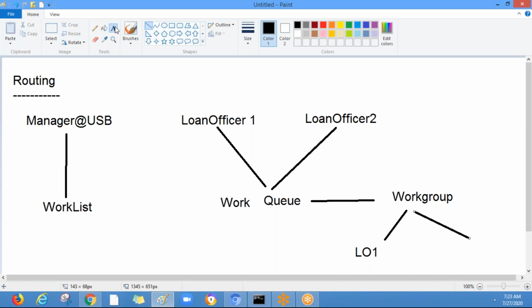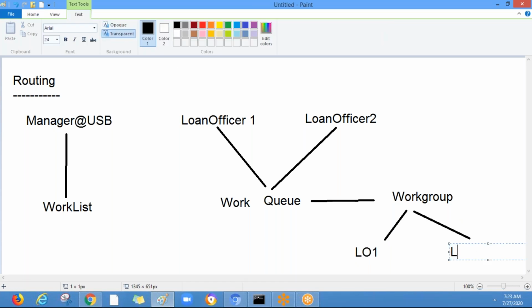Only these two operators can access these items. If you later assign the same work group to another operator, let's say loan officer 3, loan officer 3 can also access the same work queue item.